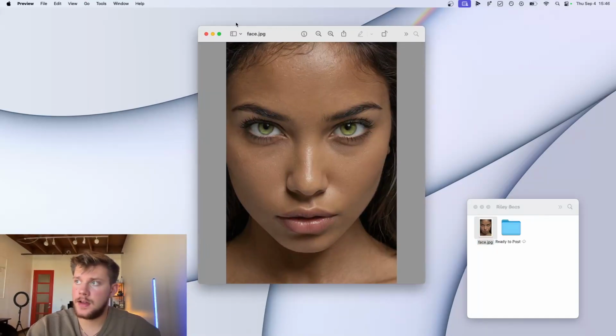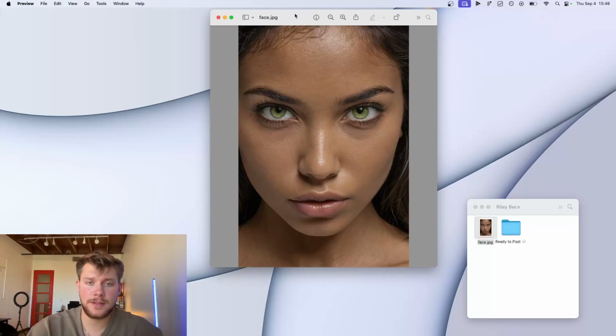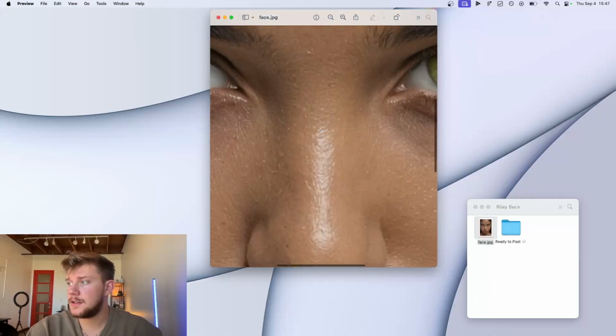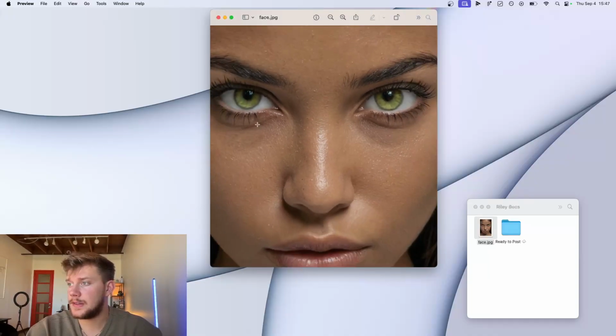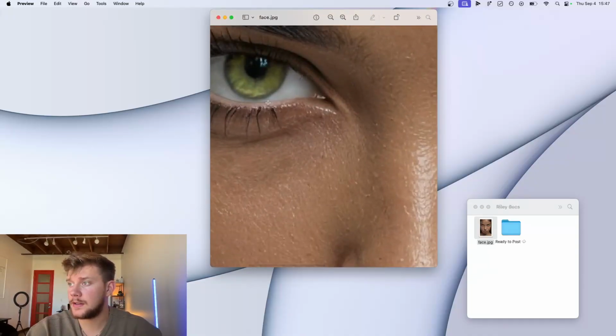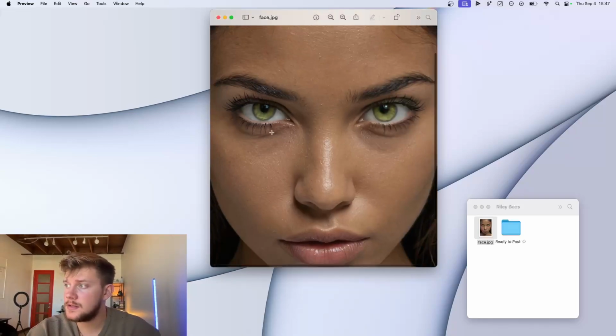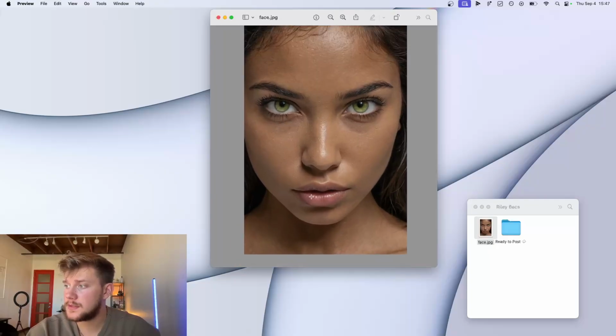This is the one we're going to be working with today. We're calling her Riley. I just described a caramel-skinned brunette with green eyes, and I think I told it a Megan Fox sort of piercing gaze. So this is the image that it generated. And the level of detail, even this, is pretty crazy. Even the eyelashes with the caked mascara, the iris, beautiful. The lips, the texture on the lips,